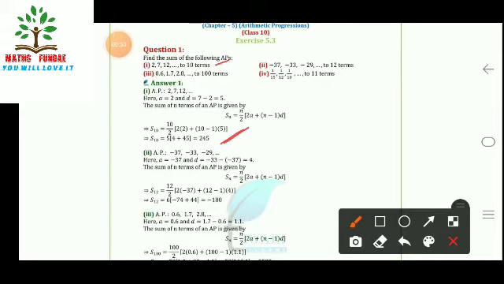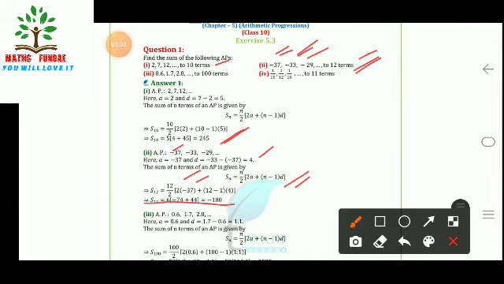Yes, so now the second part we can see that it is given minus 37, minus 33, minus 29 and so on up to 12 terms. So again n is given to us, a is given to us, d we can easily find. So after finding the values here, a is equal to minus 37, d is equal to 4. The sum of the n terms is given as Sn is equal to n upon 2, 2a plus (n minus 1) into d. So we have here S12. Since n is equal to 12 here, S12 will be 12 upon 2, 2a means 2 into minus 37 plus (n minus 1) into d means (12 minus 1) into 4. So on solving this, we'll get here minus 180 as our answer.